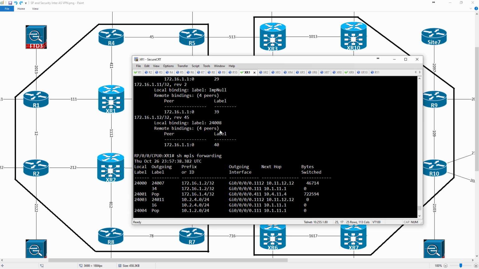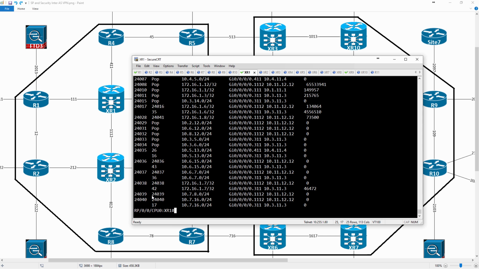24,039 and 27. So if I look at 39, this is my local label, right? That's the label I'm going to use to get to R1. If we look at that, the next hop is, in our case, XR2. And from a forwarding perspective, if I was to look at this same output and say